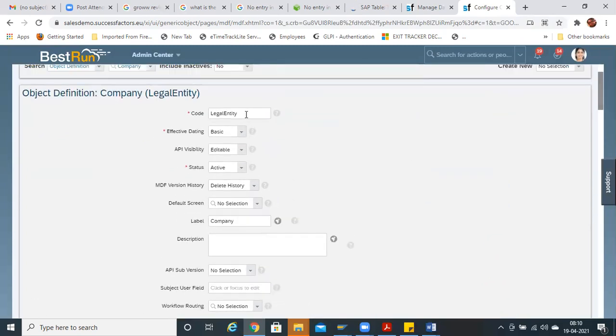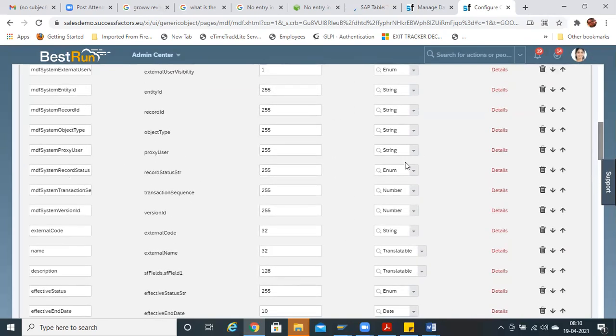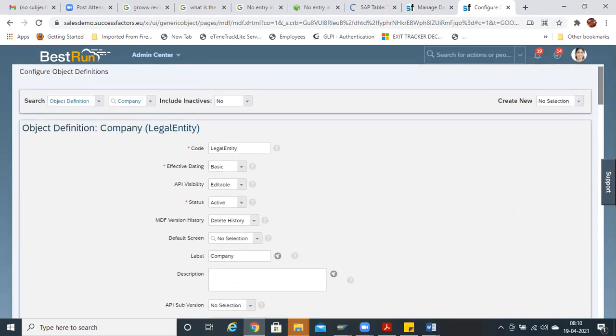These are basically fields under the legal entity object. If you want to change the legal entity name, as you can see, don't change it here. You have to come here and change under name.